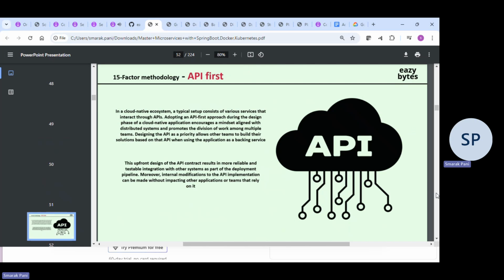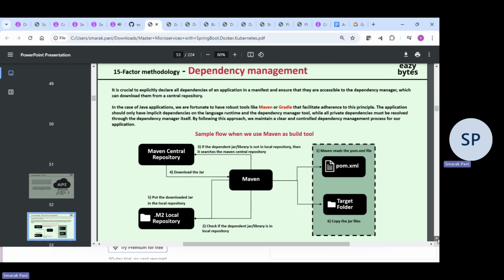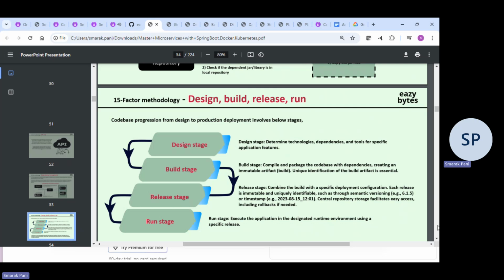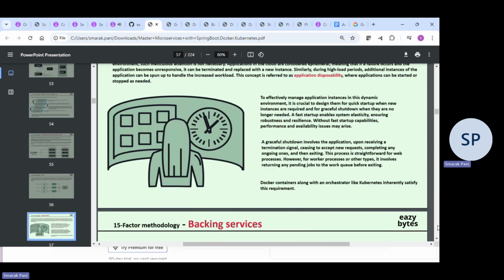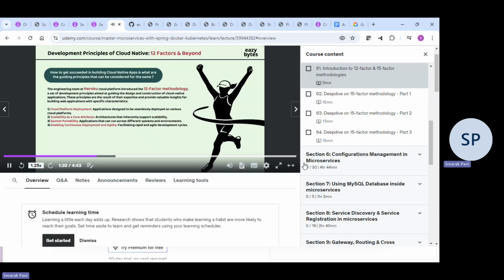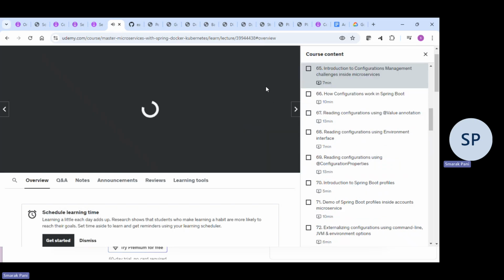When you follow the 12-factor methodology, your applications will have advantages like being ready for cloud platform deployment. Regardless of whatever cloud platform you choose, you can seamlessly deploy your cloud native applications. And at the core of these cloud native applications, they are going to support scalability and elasticity. And very similarly, these cloud native systems that you are going to develop with the help of the 12-factor methodology allow system portability, which means your applications can run across